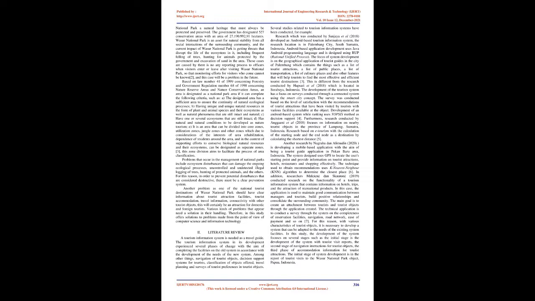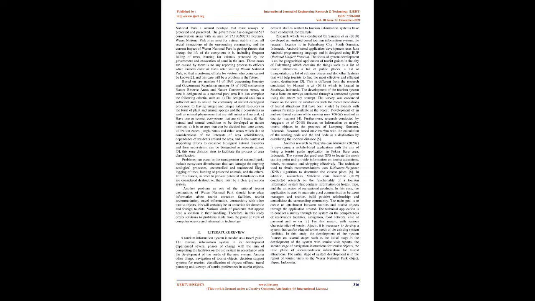Merauke Regency is located in the easternmost part of the archipelago, and it is one of 29 regencies/cities in Papua Province. This district is directly adjacent to the state of Papua New Guinea, which is located between 137° and 141° East Longitude and 5°00'9" South Latitude, with an area of 45,071 square kilometers that has very good natural potential, with forest area reaching approximately 40.5 million ha, in which there is a heritage nature in the form of national parks, which are the living environment of various individual organisms of various types. Various variations of the existing population create the diversity that makes the ecosystem in this national park a natural heritage that must be preserved.